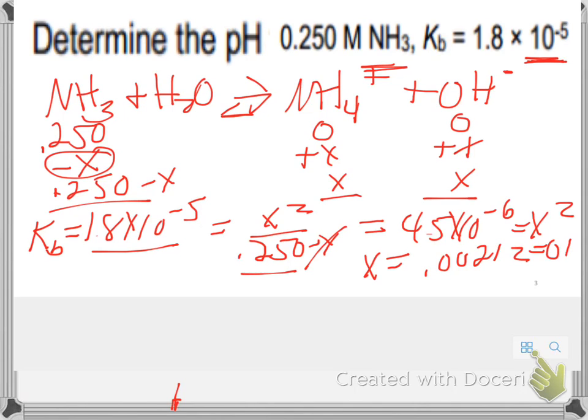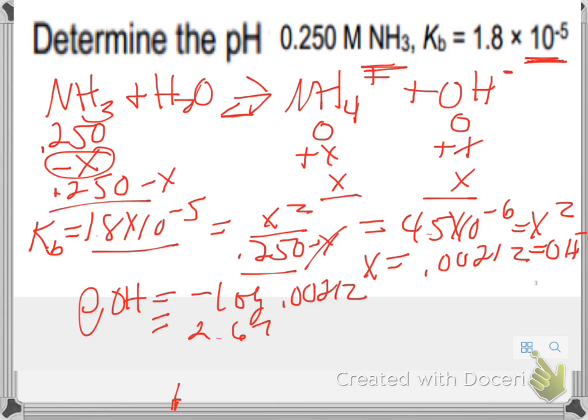And that's my hydroxide concentration, right? So my pOH is going to be the negative of the log of 0.00212, and that will be 2.673. So my pH is going to be 14 minus 2.673, or